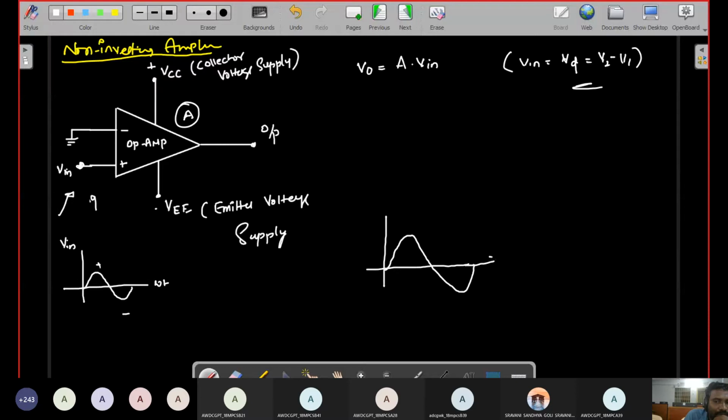So in phase with the input voltage. This is called omega t, and this is called output voltage. So finally it will maintain 0 degree phase. If you give any input signal to the non-inverting terminal, then the amplifier shows no phase reversal, and it always shows 0 degree phase angle with the output. So this is 0 degrees of phase angle with the input actually. This type of amplifier is called a non-inverting amplifier.